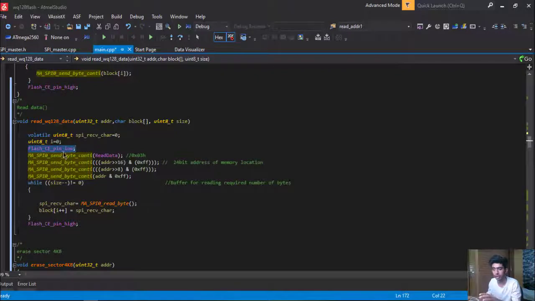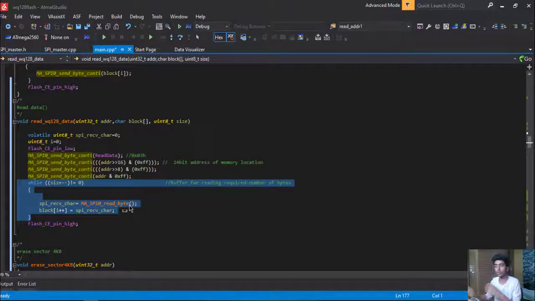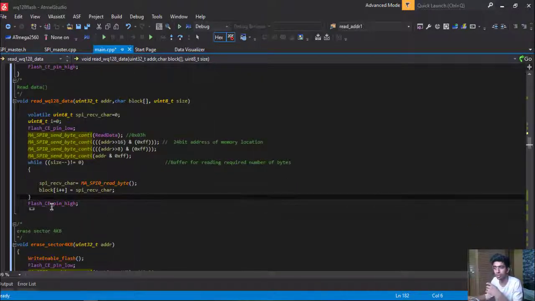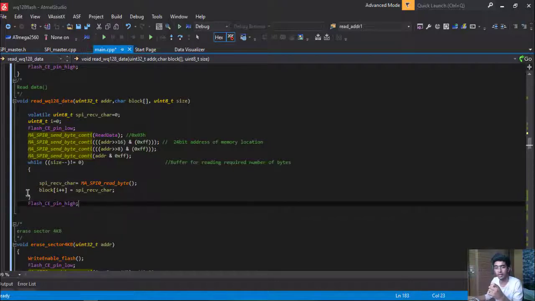First making the CS pin low, then sending the 3 bytes of address, before it we are sending the read data instruction 0x03, and then reading the contents from the flash chip memory and storing them into a buffer continuously, so that it can be accessed by the user programmer for our higher application codes. It will keep on reading until we make the CS pin high again.